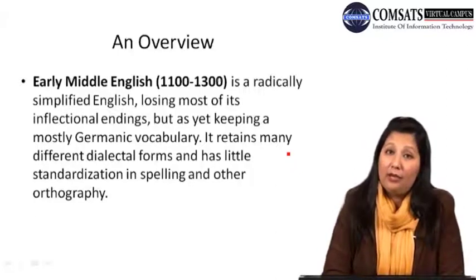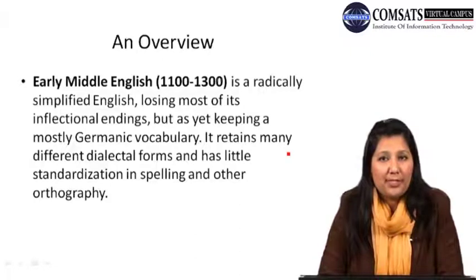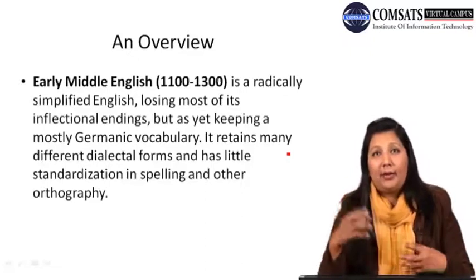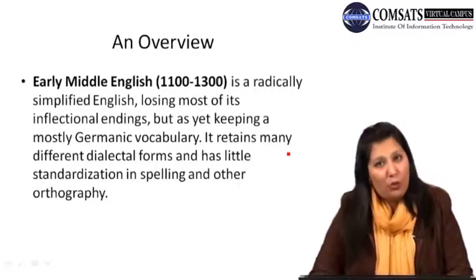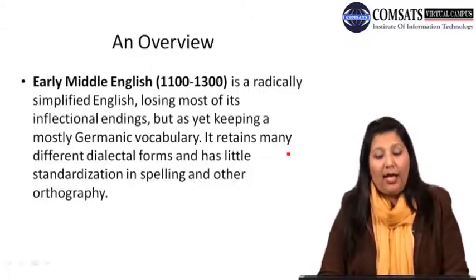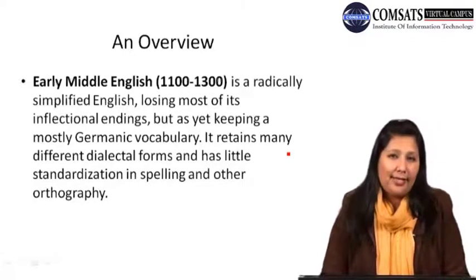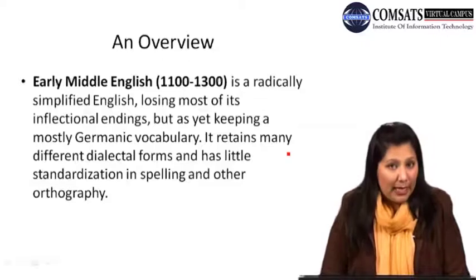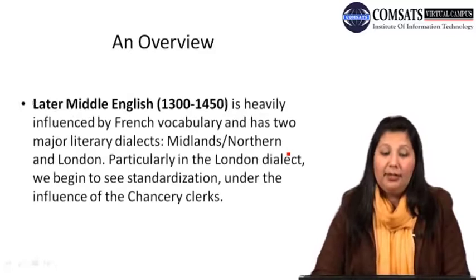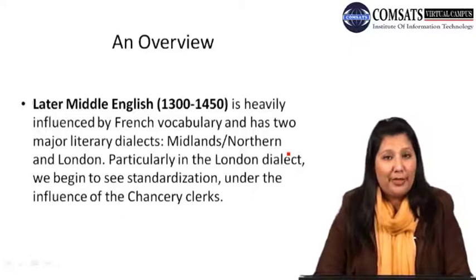Not only were the dialectal, the regional varieties of the English language present, but they were also coming towards the standardization of the language in this period. And while they were coming towards standardization, what were the two main things that were kept in mind? The first one was spelling and the other was orthography. Then a few reforms were made, and then we come towards the later Middle English period.